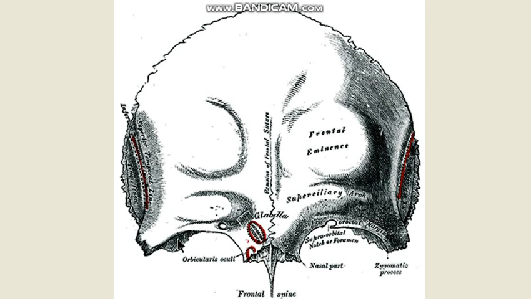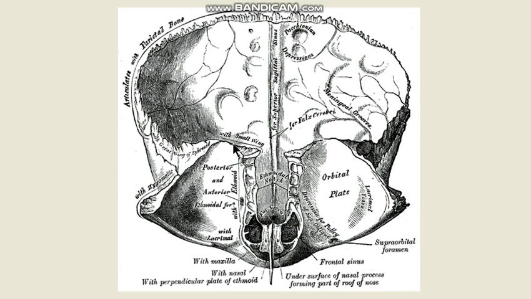So first of all, the orbital part, which is better visualized in this picture from behind, and you can make out the orbital plates of the frontal bone, and these orbital plates form the roof of the orbit. It has a medial border over here, and these medial borders form the margins of the ethmoidal notch. Then you have the posterior border over here, and this posterior border articulates with the lesser wing